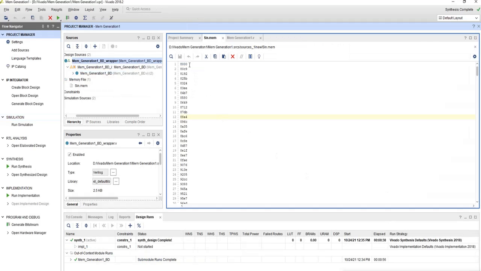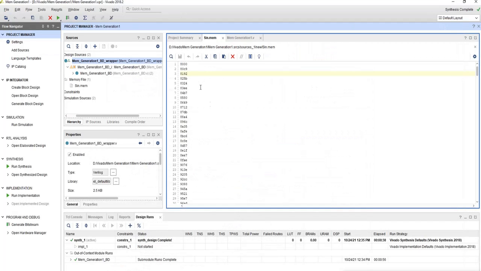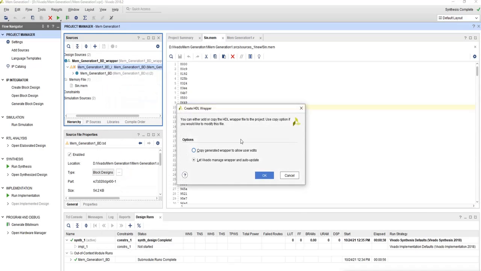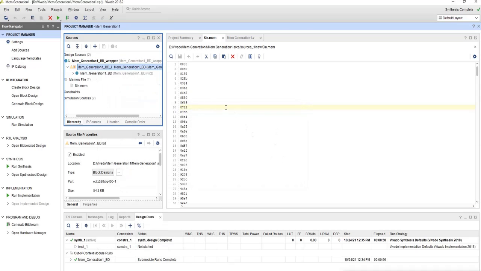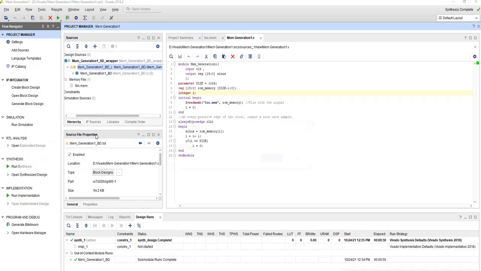Okay, one main thing I forgot to mention is that we have to remove all the commas. Earlier they were there, so it was giving an error, so I have removed all the commas here. Then I saved it, and then again I generated the HDL wrapper, and then I ran the simulation.